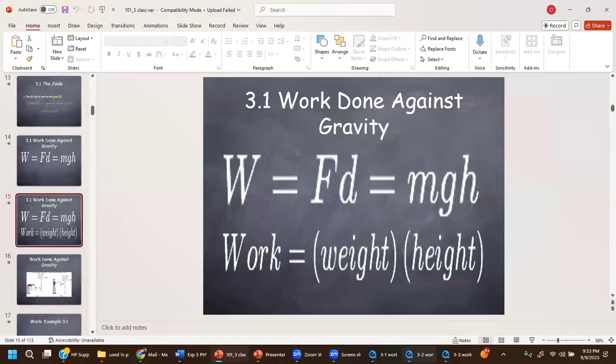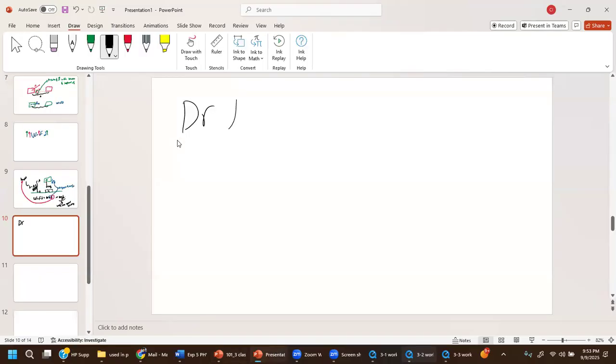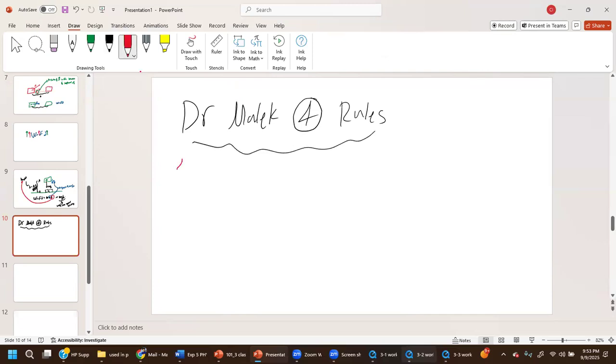So let's go ahead and do an example, shall we? Before we do an example, I'm going to remind everybody of my four rules. So this is Dr. Malek's four rules. It's like Marvel. If you ever watch Marvel, this is your Fantastic Four. So this is Dr. Malek's Fantastic 4 Rules. Number one,